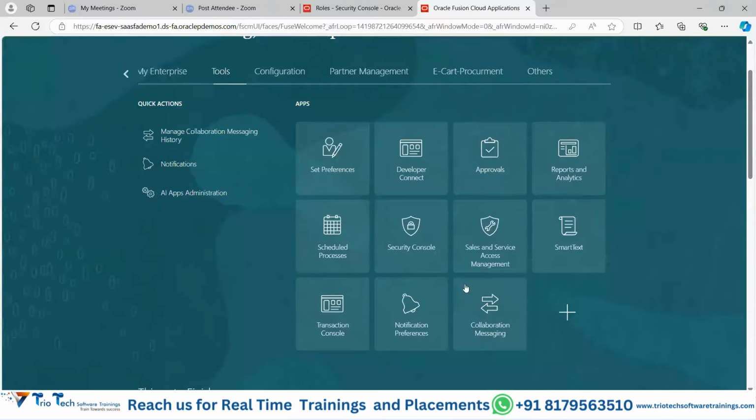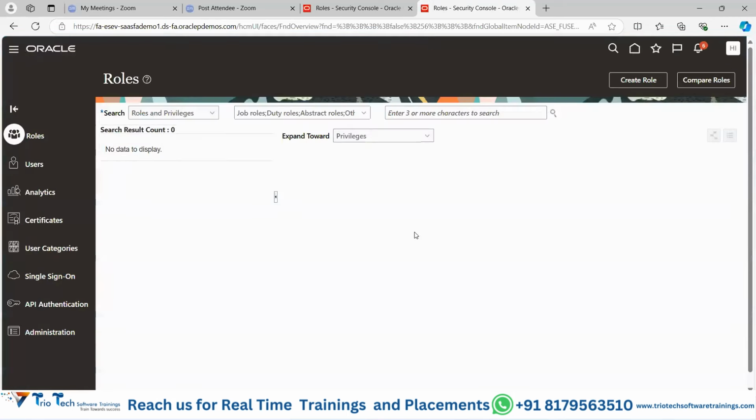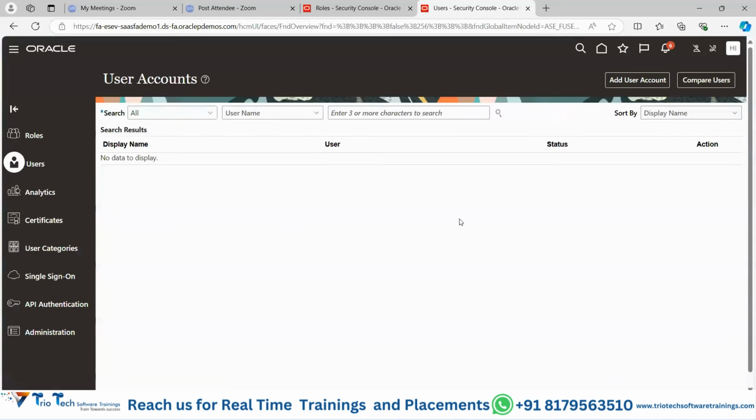Now, let us see how we can set the password policies, and then how I can set the username preferences. Here we have seen when creating the user, I was able to see the username as first name dot last name. If I go here again,